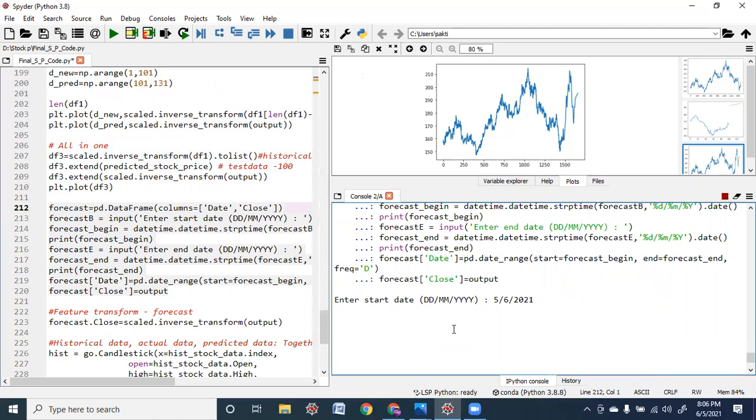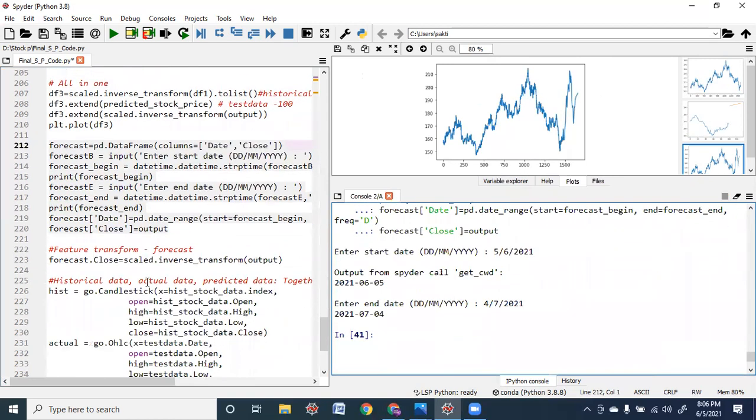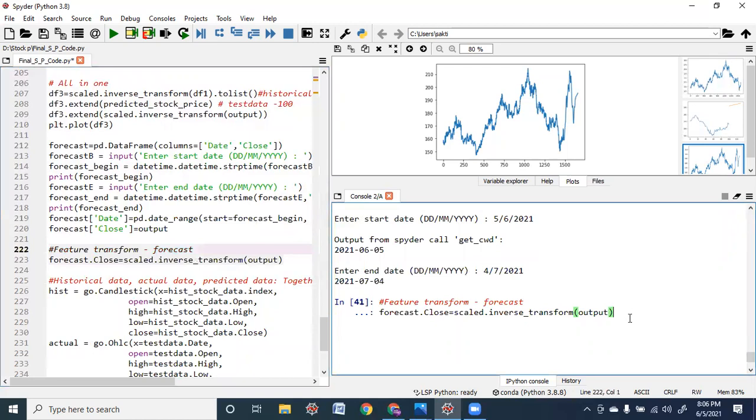So it is 5/6/2021 and the end date is 4/7/2021. So we have entered it. Now let us do the inverse scaling for forecast.close.